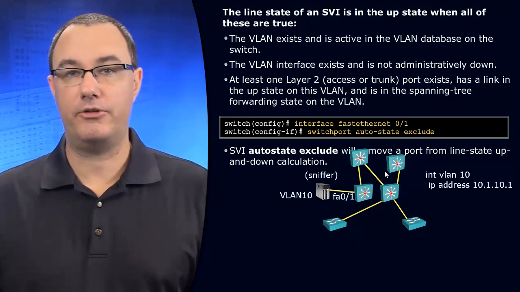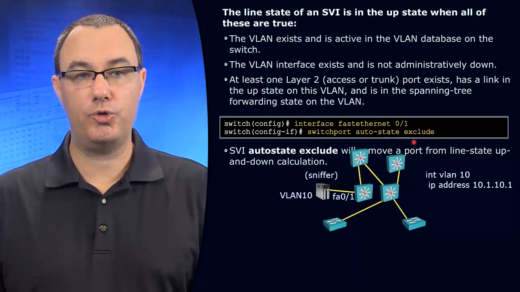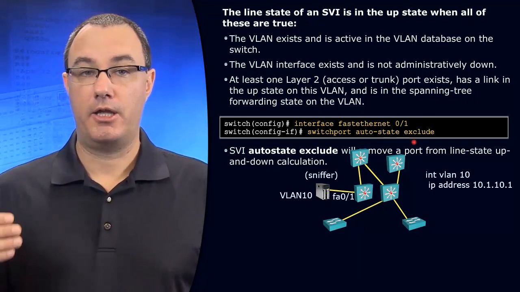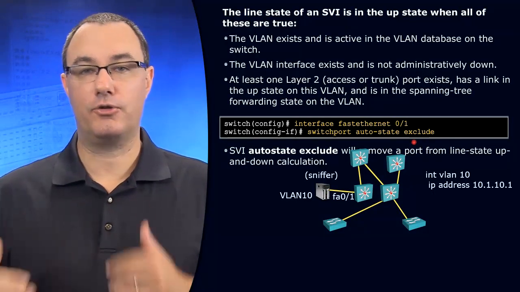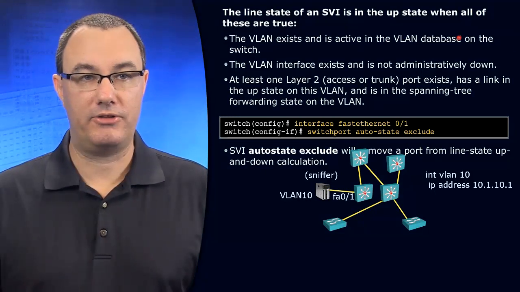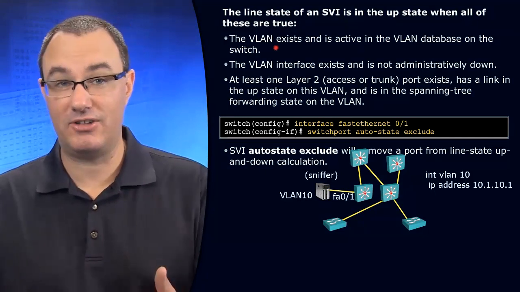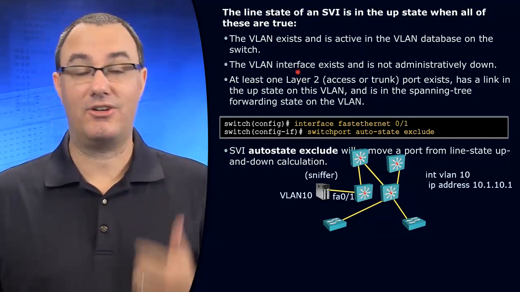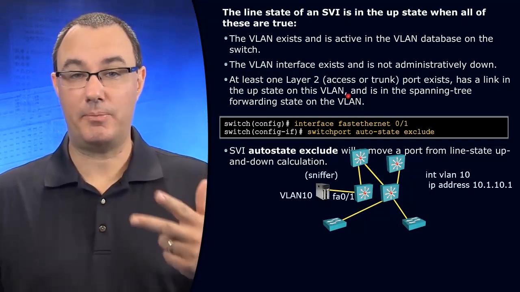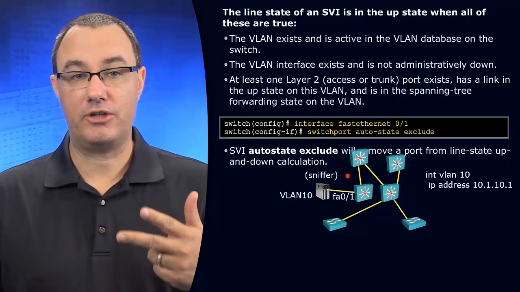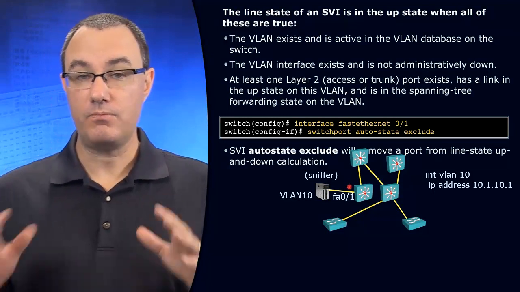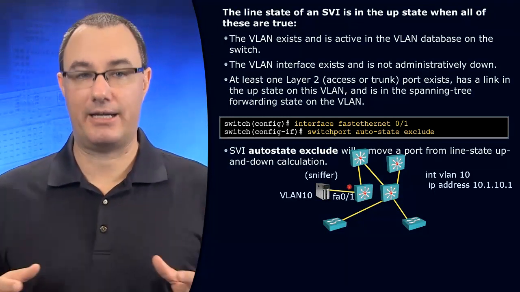So what we need to do is this. We need to exclude ports like these, those that are plugged into sniffers, from being an indicator that we have connectivity to this VLAN. So the bullet points say, if the VLAN exists and is active, and it's not administratively down, and we have something in it, then it'll be in the up status. This says I can exclude some interfaces, those that are plugged into sniffers, from the tracking,